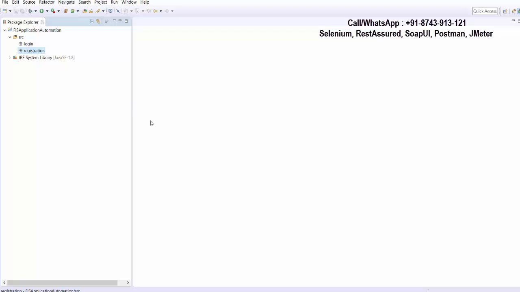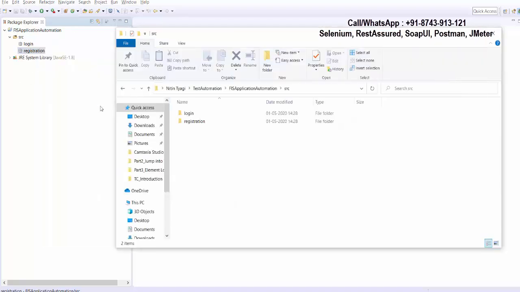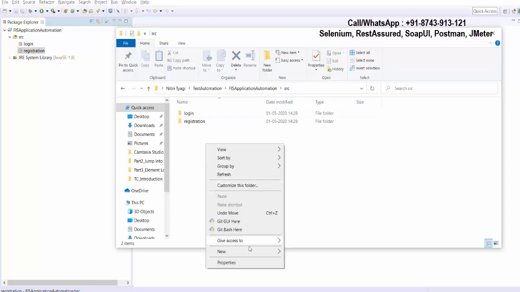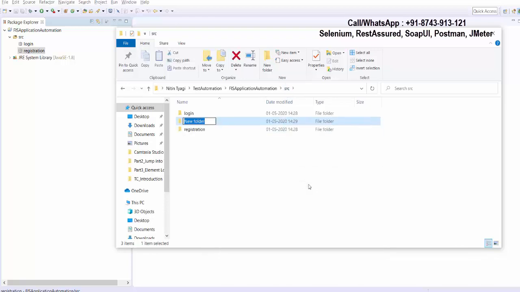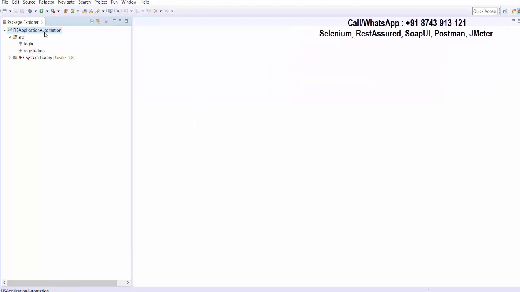Okay, one more thing I want to show you. Here we have created some packages on the Eclipse that reflect here on the backend, or I'll say in the workspace. Okay, what I do, I am here in the SRC folder. I'm creating one folder here with the name search. I want to automate search functionality. So here we have created a folder. Will it reflect as a package on the Eclipse? Answer is yes. How? Just go to the project and press F5, which means refresh. As you refresh, you will get it as a package.